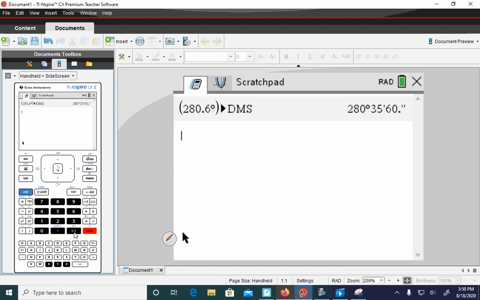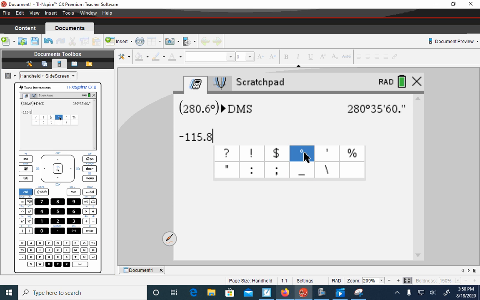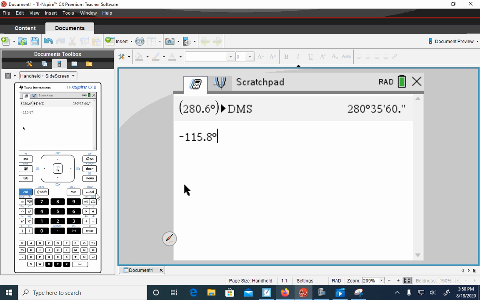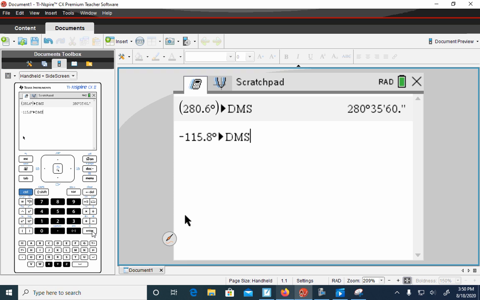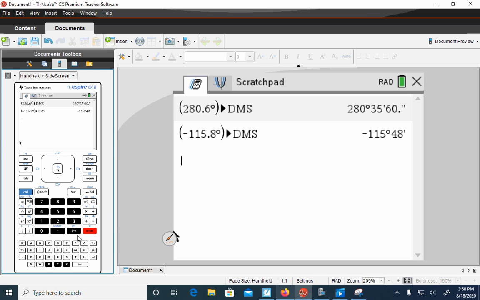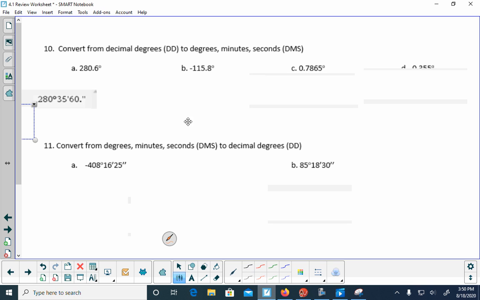So negative 115.8. I'm going to hit degrees. I'm going to do my book. It should stay on degree minutes seconds. And when I do that again, negative 115 degrees, 48 minutes. So negative 115 degrees, 48 minutes. The next one I have